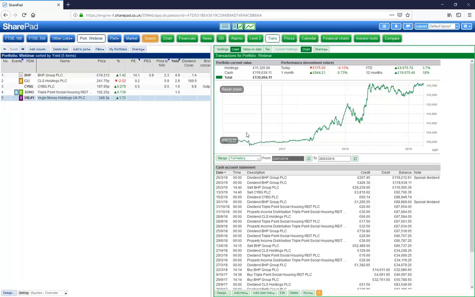Now, let's have a look at the chart here. By default, the program will display a chart showing you the entire value of your portfolio. And by total value, it's the sum total of all your holdings plus all of the cash at any given time in the history of the portfolio. You don't have to show it this way. You can actually decide to split these values. If you press the design button here at the bottom,